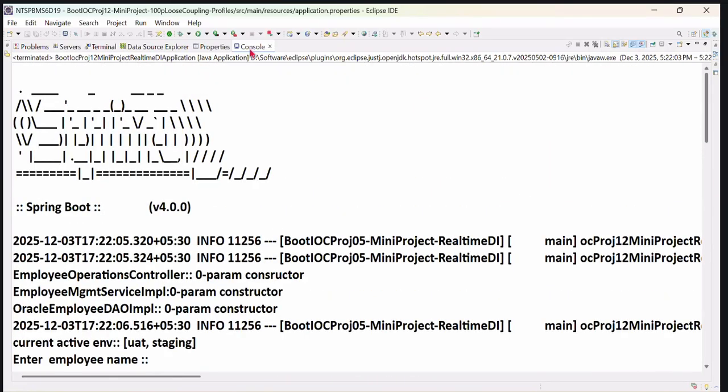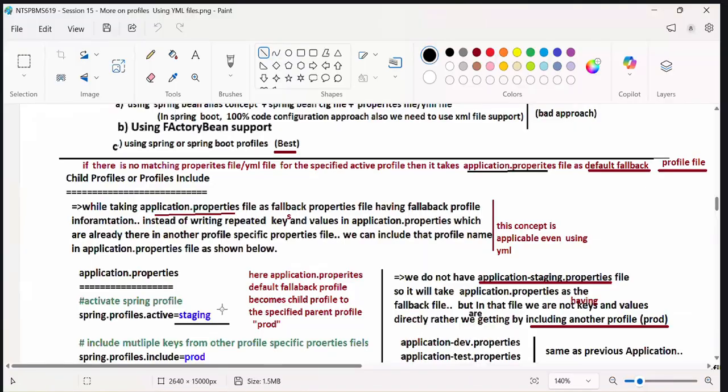Okay. This is the basic challenge that we are having, my dear. Check it out. If there is no matching property file or YML file for the specified active profile, then it takes application.properties file as what? Default fallback profile file. Child profiles are what? Profiles include. While taking application.properties file as what? Fallback property file